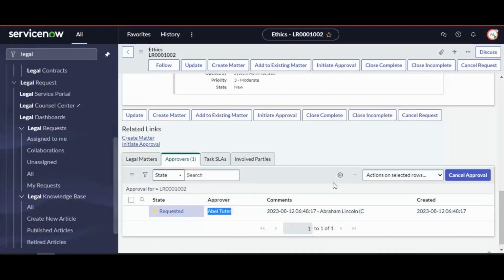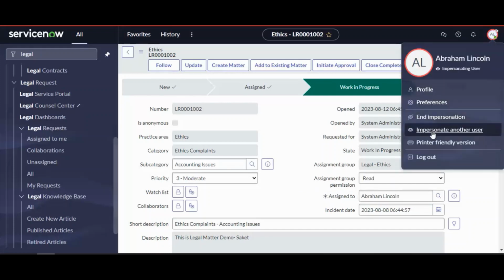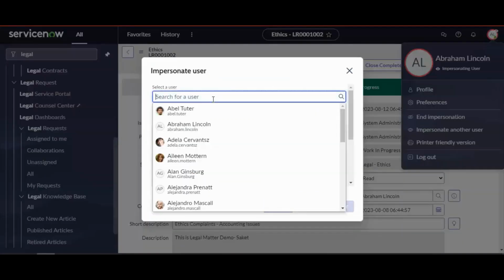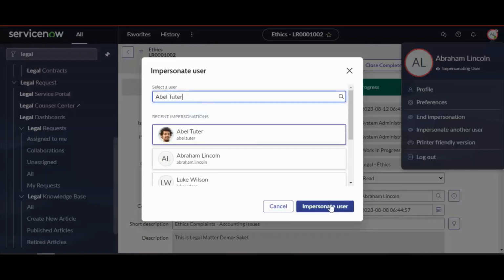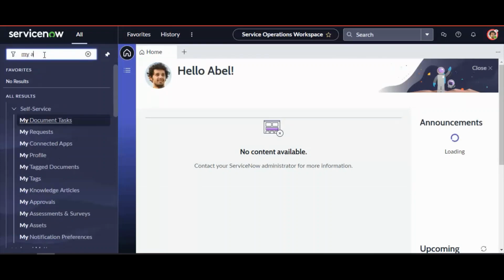So now Able Tutor needs to approve this request. I am impersonating Able Tutor. As a senior advocate or manager of Abraham Lincoln, I have the capability to approve or